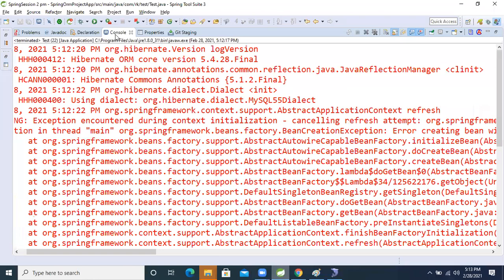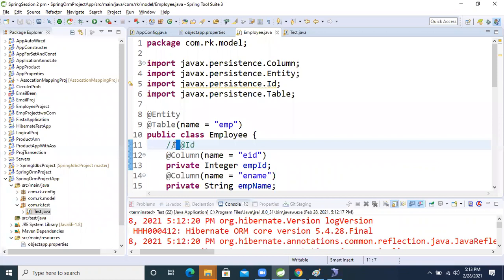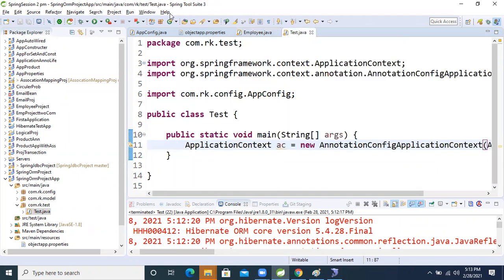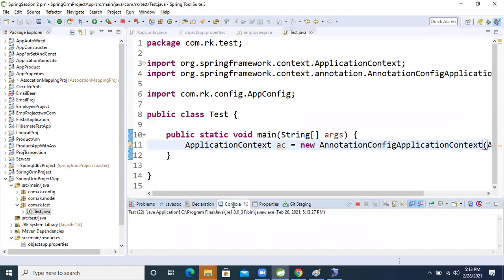Now I'm uncommenting this one. Now it will work. This time I'm going to comment entity. Let's run this application again. Again our application will fail, but this time the error is different.